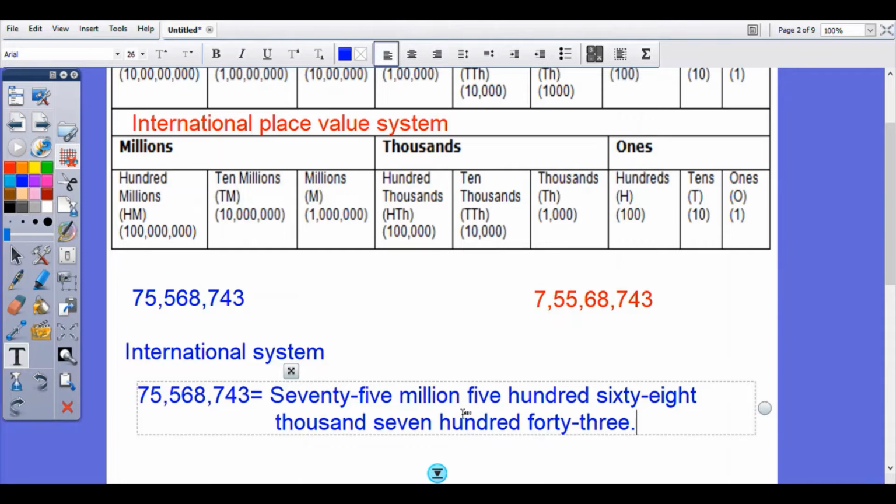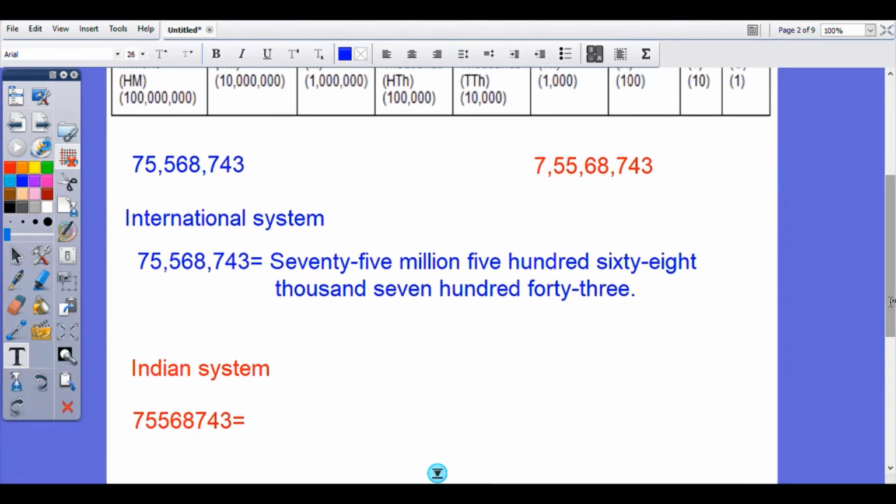75,568,743 and 1,568,743. Now in the Indian system, see again, the first period is a group of three, after that groups of two, here and here. Now ones, tens, hundred, thousand, 10,000, lakh, 10 lakh and crore. So 7 crore